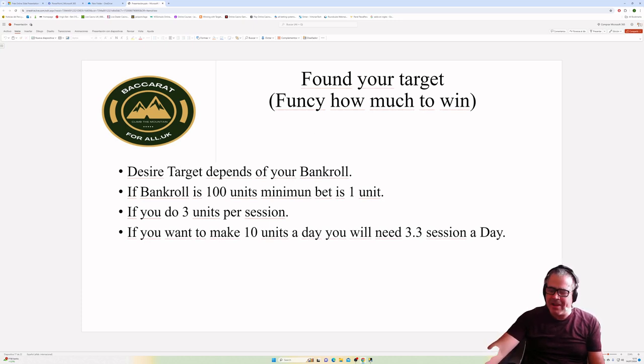So I will give you an example of what you should do if you are beginning. Your target depends on your background. Whatever you have, you have. I would say probably the best way to start playing Baccarat depends on what the table gives you. You can have $100 and be willing to gamble $20 and make 3 units and go. That will be a nice start. But make $3 or $4 and then stop.